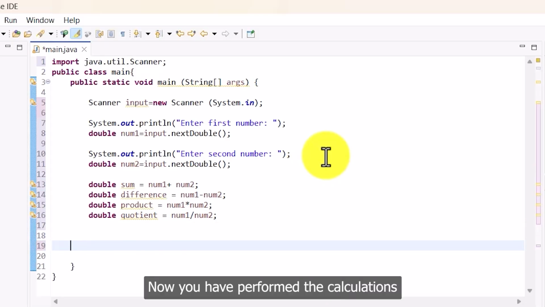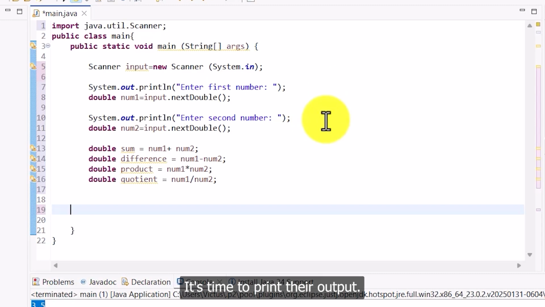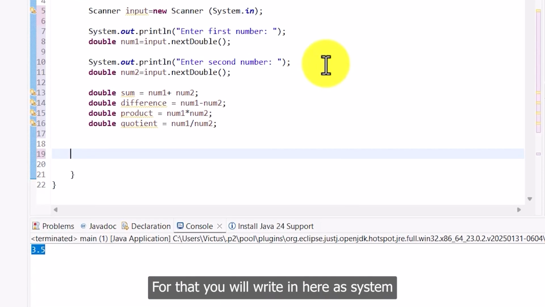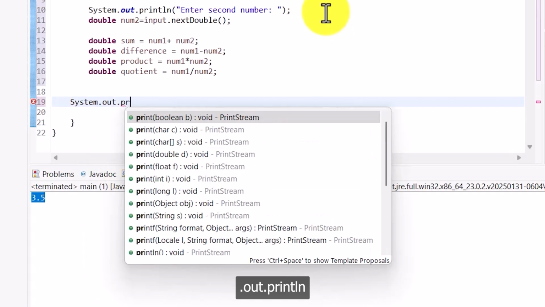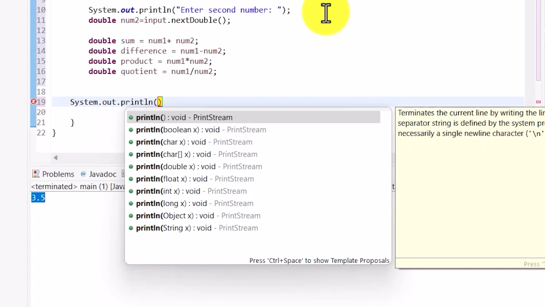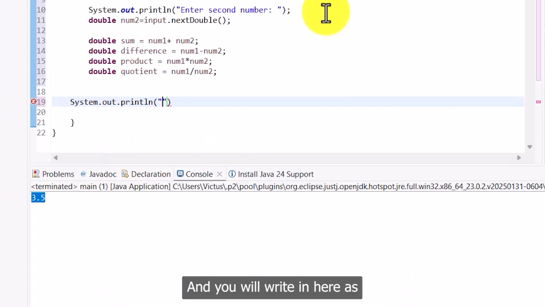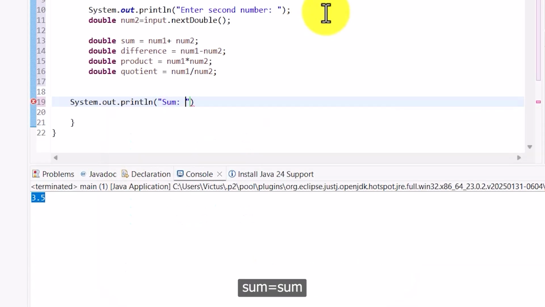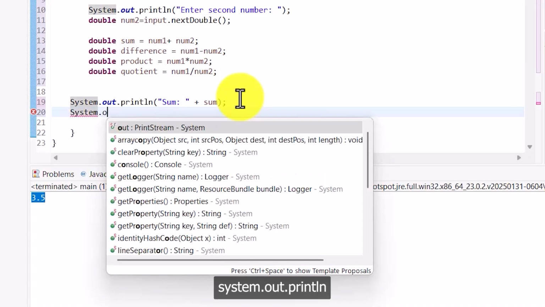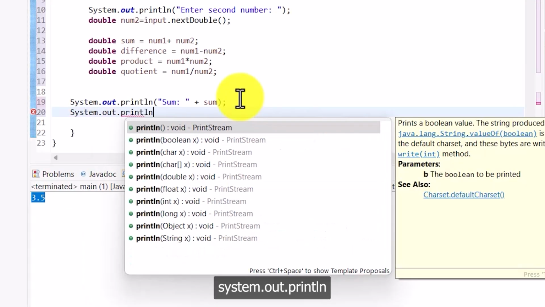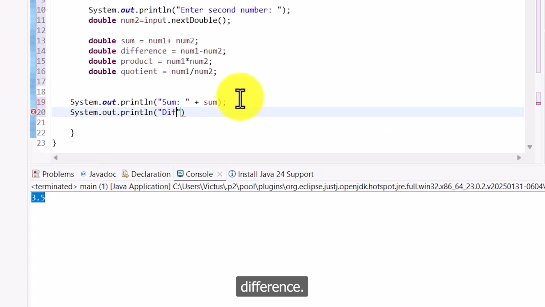Now you have performed the calculations as well. It's time to print the output. For that, you will write System.out.println, and you will write "sum is equal to" plus sum, and System.out.println and difference,